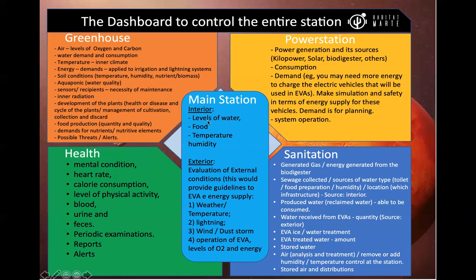And in the main station also we need to control the levels of water, food, and temperature, humidity, also the exterior conditions. It's necessary to evaluate the external conditions. It is very important to the extravehicular activity. Then we present a great communication with the